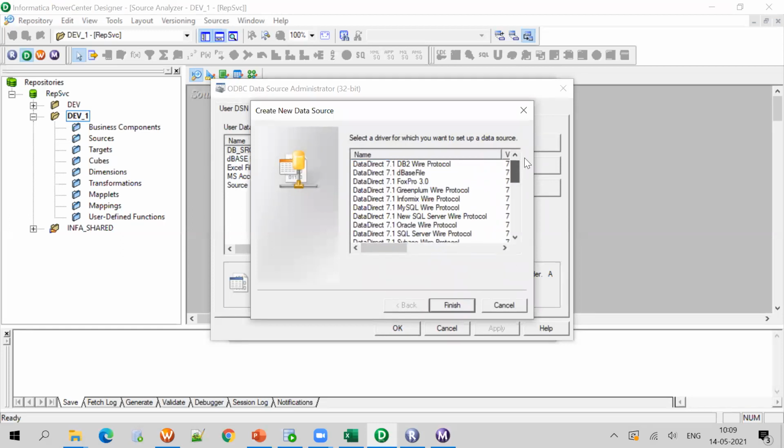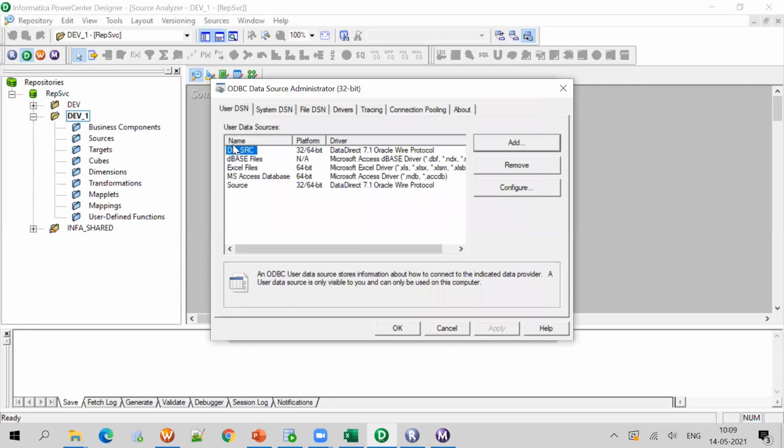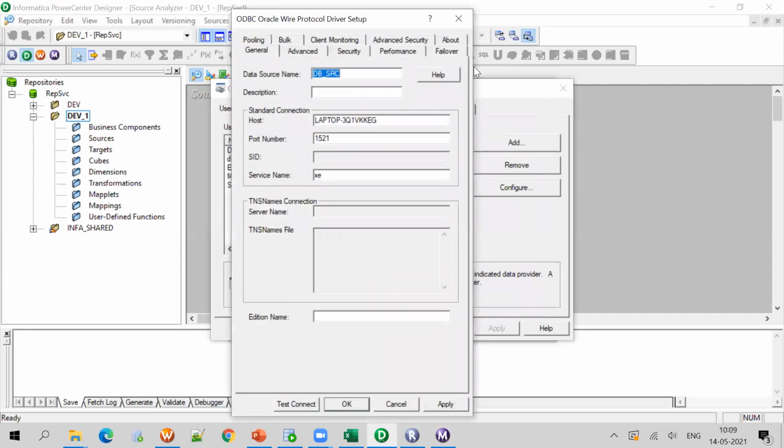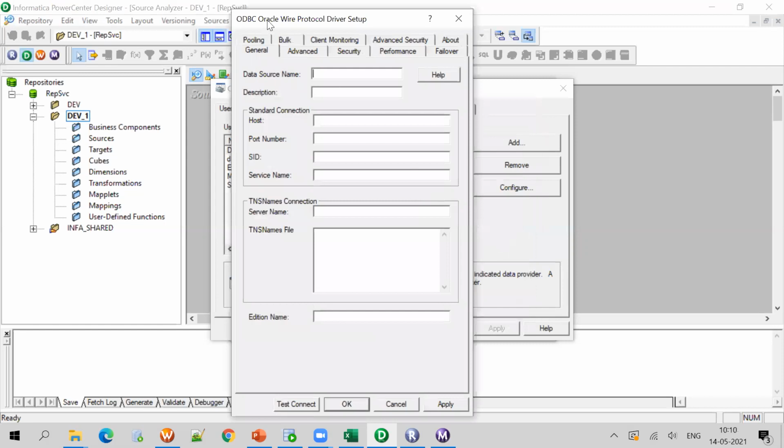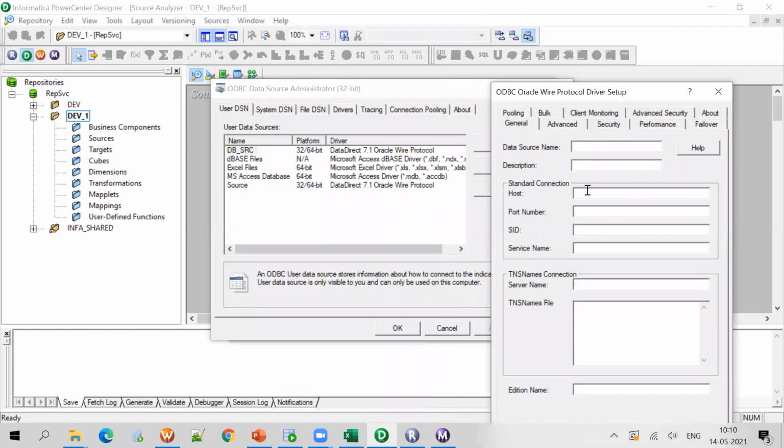I already selected one here: Add, Oracle, DataDirect Oracle Wire Protocol. Here, we need to give the data source name, host, port number, SID, service name, all these things.